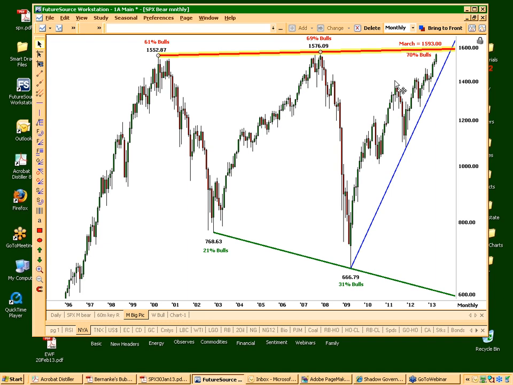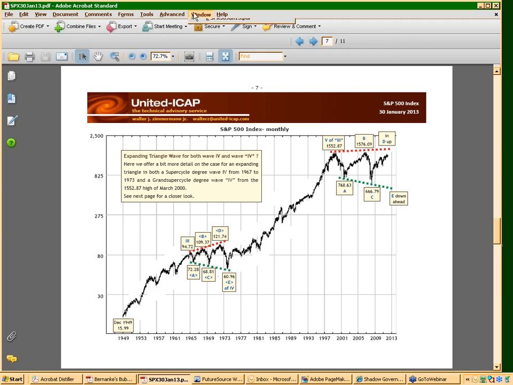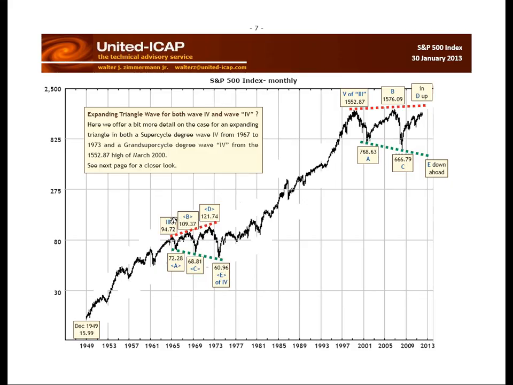Now, much of chart pattern analysis, much of technical analysis is looking for pattern repetition. Where have we seen this before? Now, one might think, looking at this, these huge swings, that we've never seen anything like this before, but that would not be correct. We have seen this before, and where it occurred was back here between 1965 and 1975.